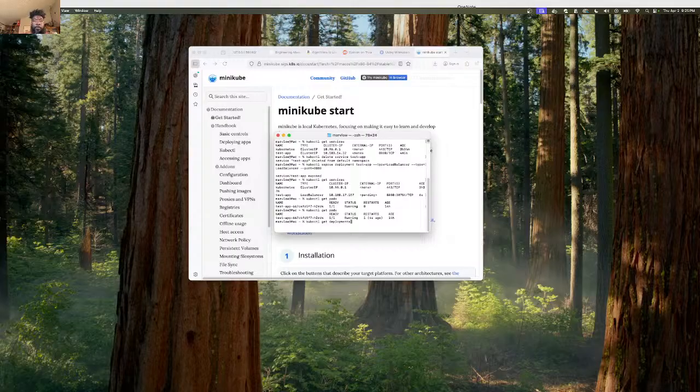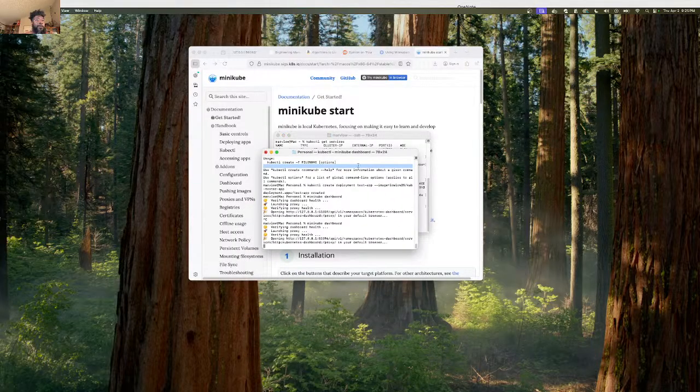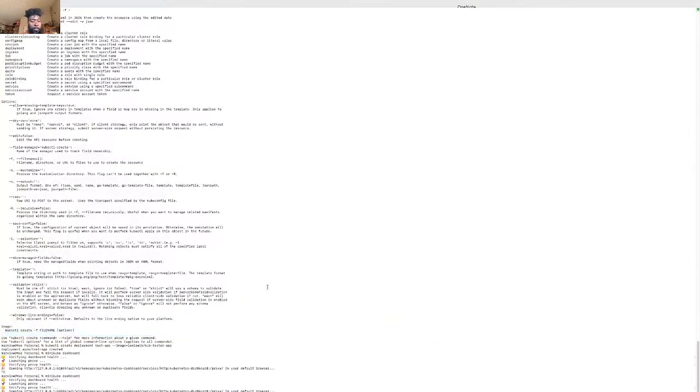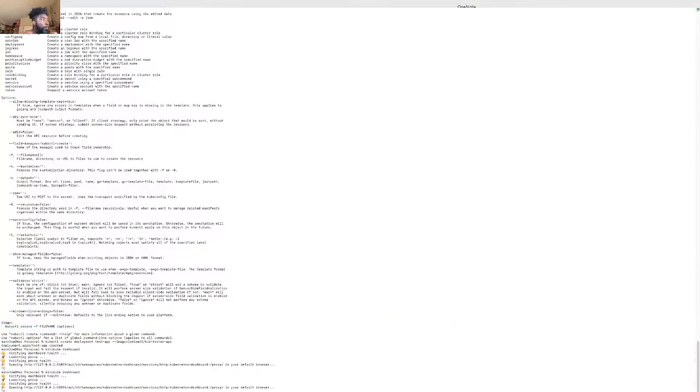Let me kill my component, and so kubectl. All right, so here's kubectl. To install minikube, I just did brew install minikube.